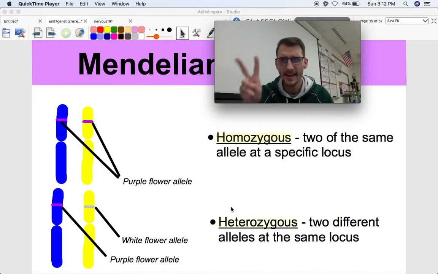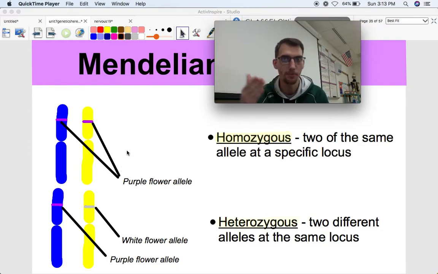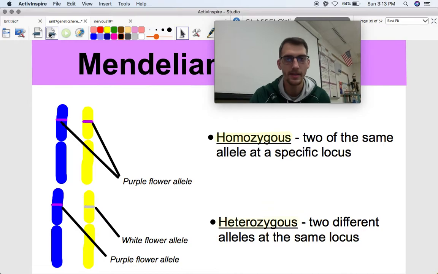Okay, so like I said, every single diploid organism, every single diploid cell has two copies of that gene, right? But whether they are homozygous or heterozygous determines what trait they're going to express, or not express. So are these flowers here, let's just say this is one flower, they have two alleles for the purple flower, and this only has one allele for the purple flower, one allele for the white flower. Is the pea plant going to be purple or white? I guess we'll find out here in just a second.